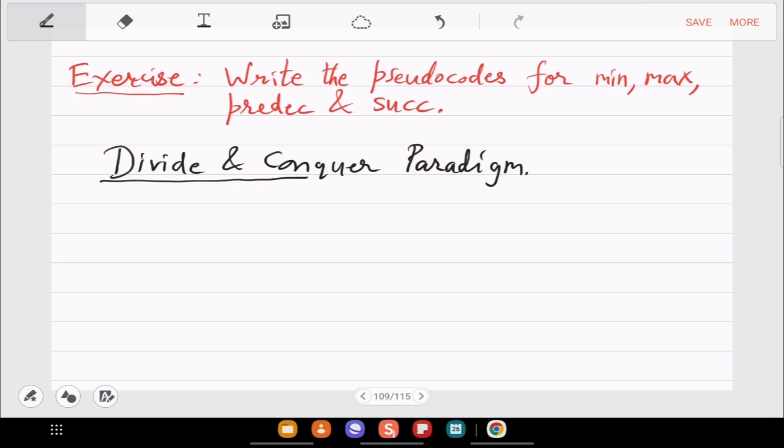So this paradigm you have seen in many, many examples by now. In fact, binary search itself is kind of divide and conquer. You are dividing it into half. And we have done many algorithms now, data structures also, which use recurrence. Recurrence again is an example of divide and conquer paradigm.